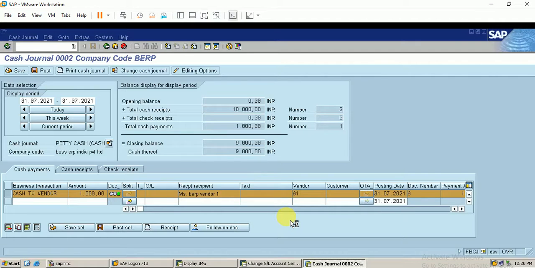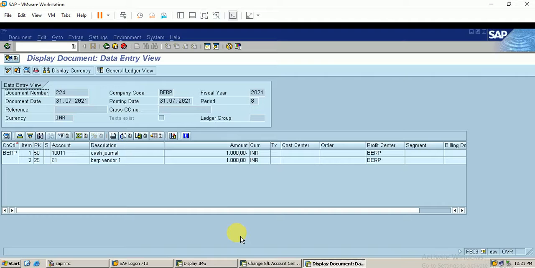This document number is for a cash journal document, not the accounting document. So in order to view the posted accounting document, I clicked on follow-on documents. Here you can see the accounting document. It is crediting the cash journal and debiting the vendor. There is a payment. Just go back.